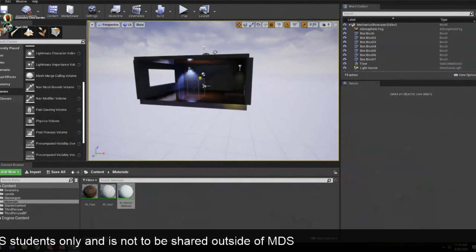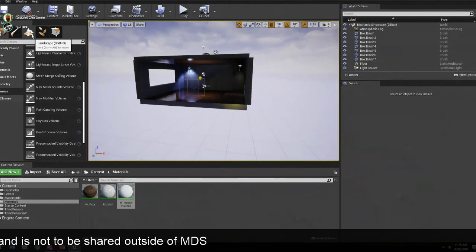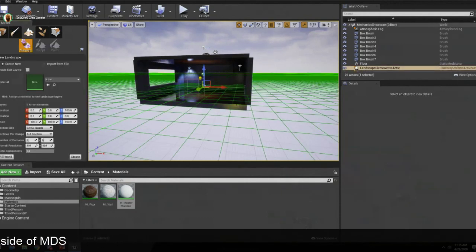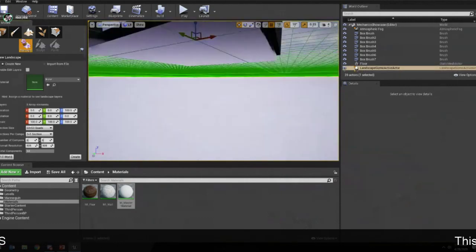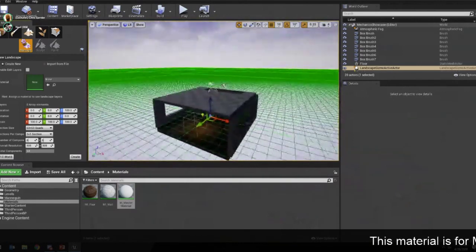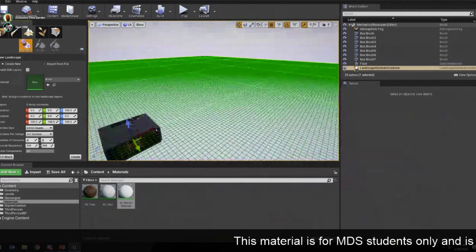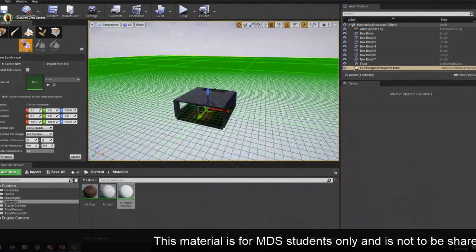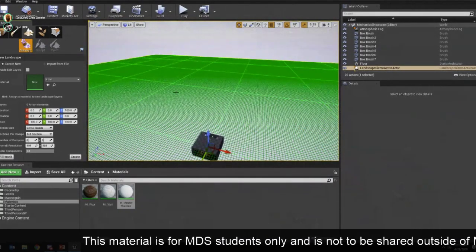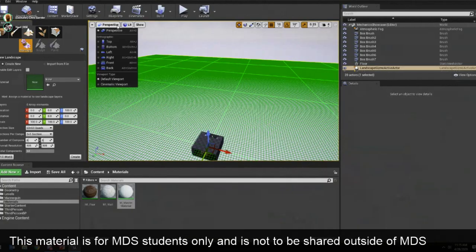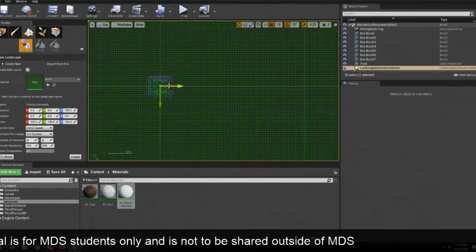To create a new landscape, remember we go to the landscape tab here, or you can hit Shift 3. It's going to switch to landscape. You can see there's a weird green grid that appears. This shows you a preview of how big your landscape is. The default settings show you a landscape that, if I switch to top view, you see